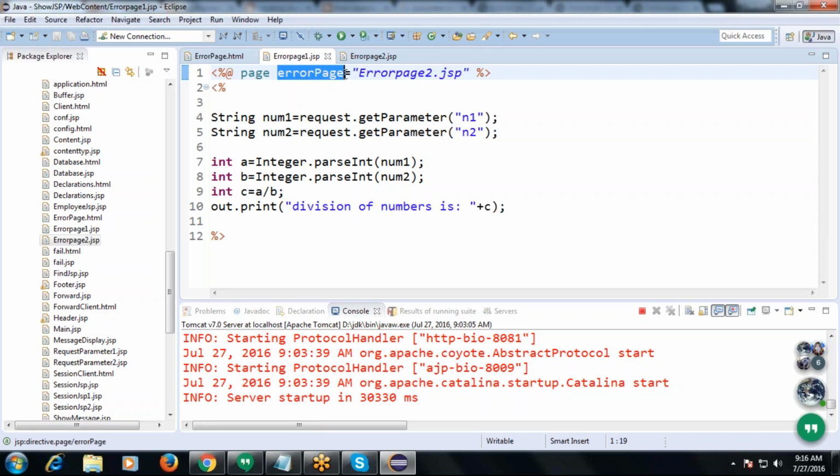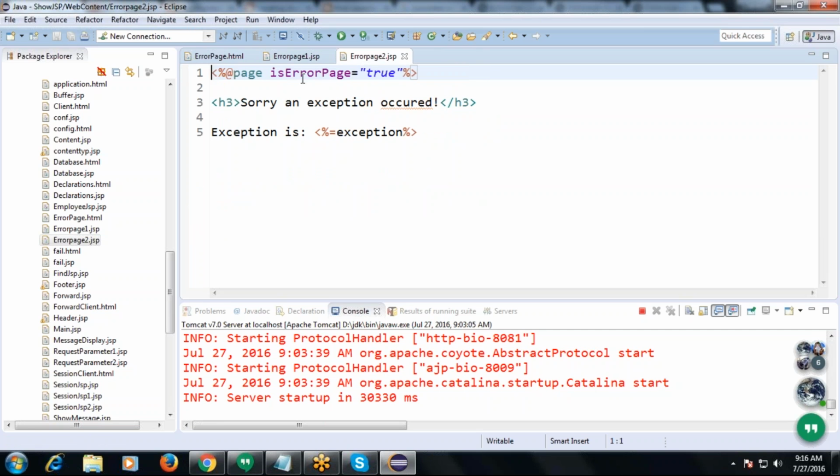That means in this JSP page the exception-related message is displayed. The exception object is created here and shows that value as output. So the output is nothing but the exception message.